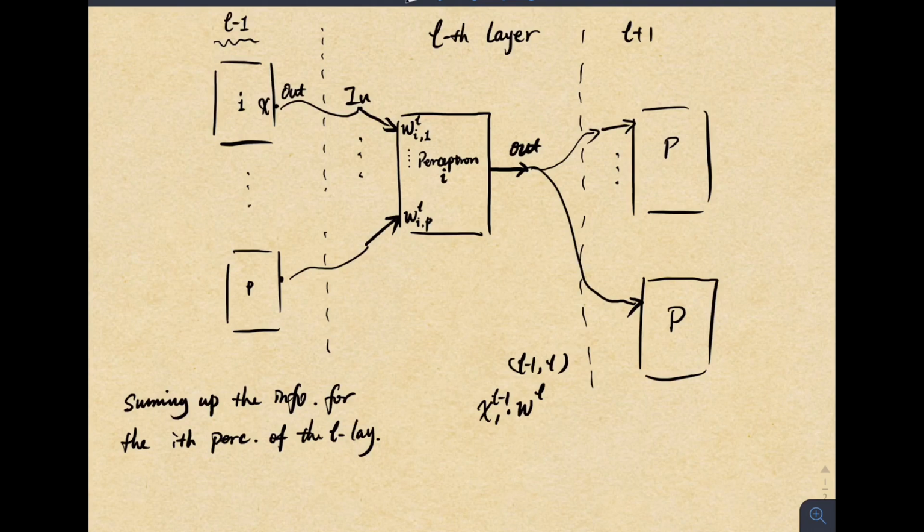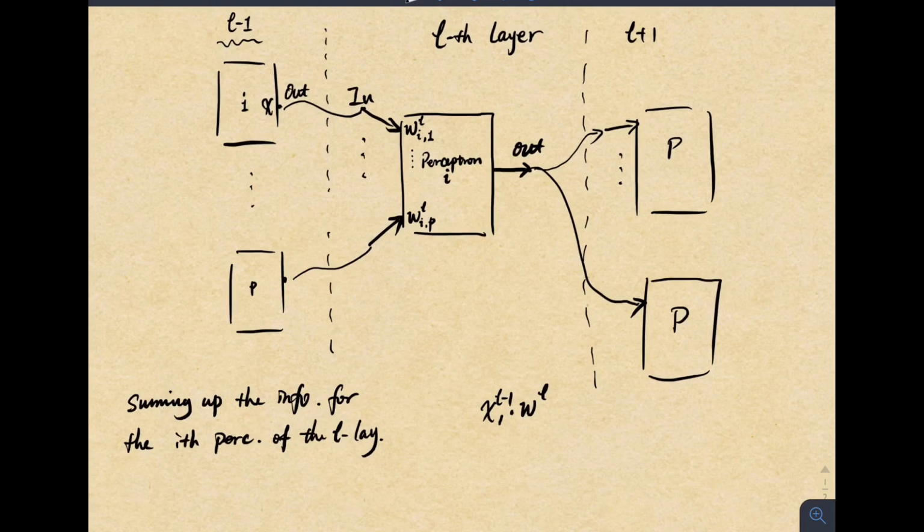So for clarity, we just write it as the weight of the Lth layer. For the ith perceptron of the Lth layer, let's make it very explicit. Okay, and connect to the first neuron or perceptron of the previous layer. Okay,